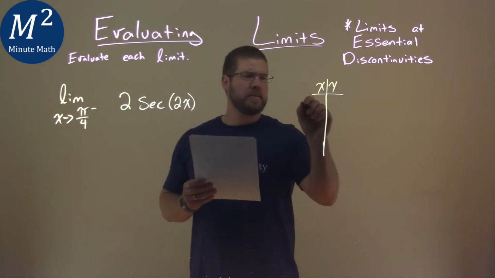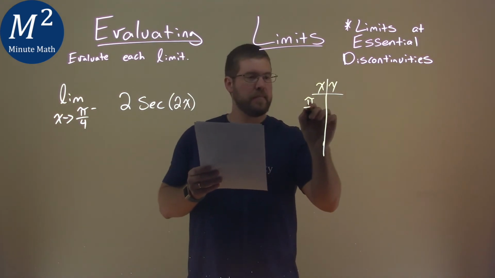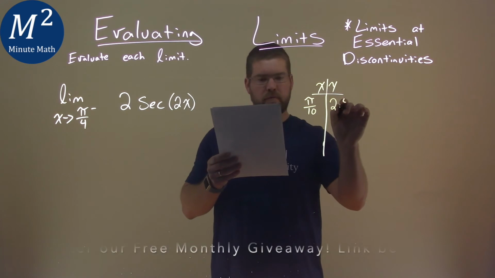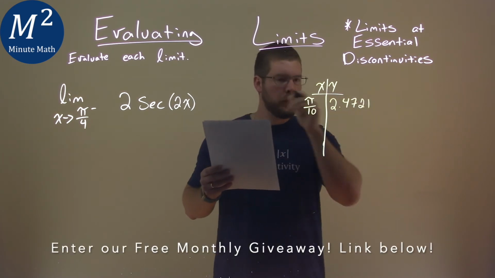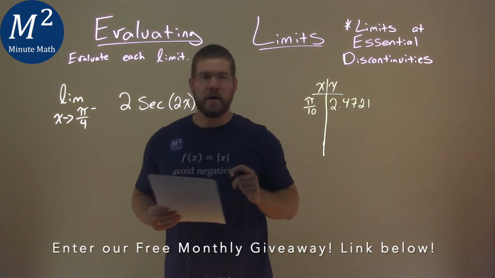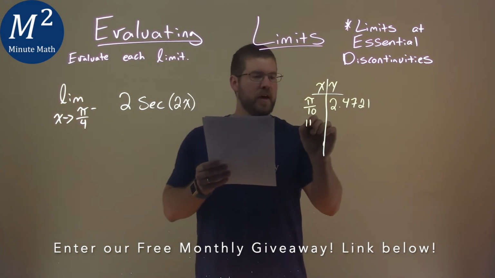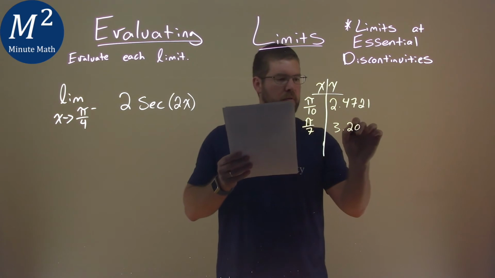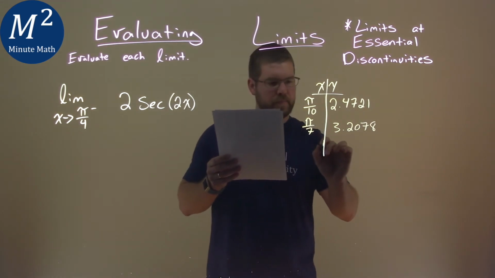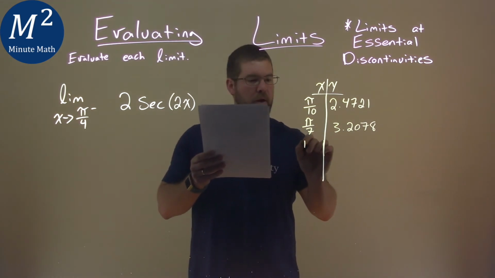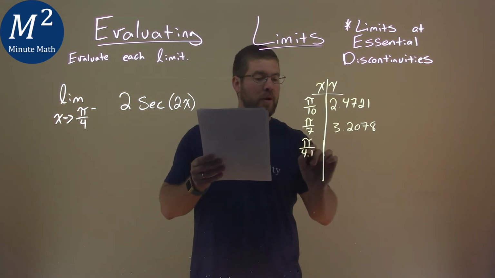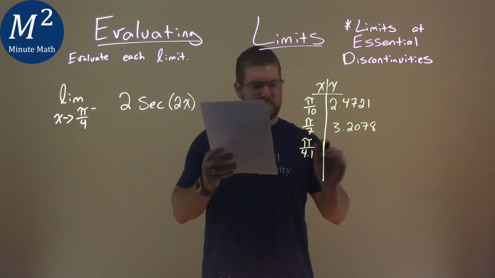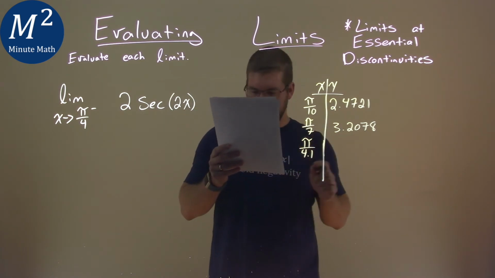So I used my calculator and I plugged in pi over 10. And these are all rounded values here, but approximately 2.4721. I keep getting closer and closer to pi over 4. Pi over 7 came out to be approximately 3.2078. Then pi over 4.1 right here. Pi over 4.1, getting closer to 4. I know fractions and decimals don't mix, but it's okay. I got